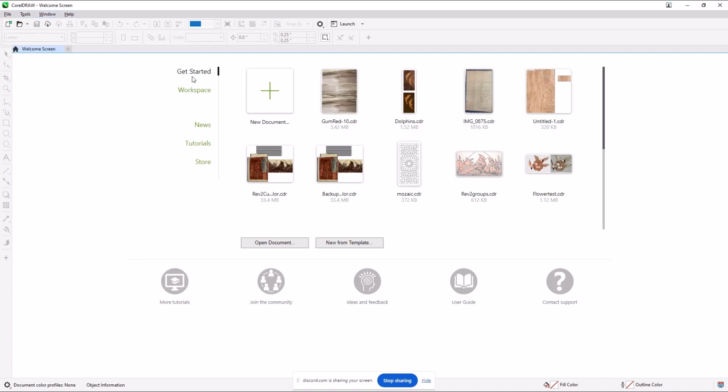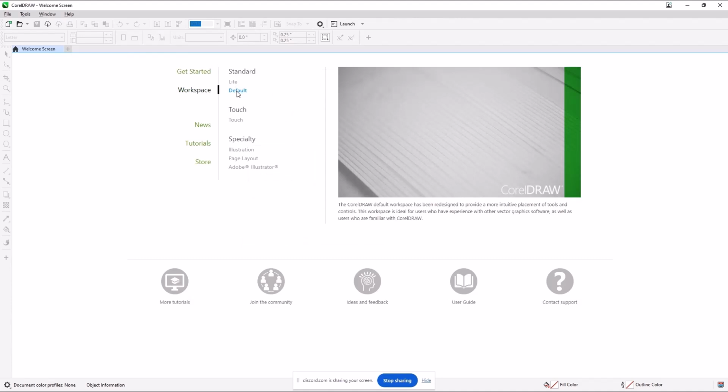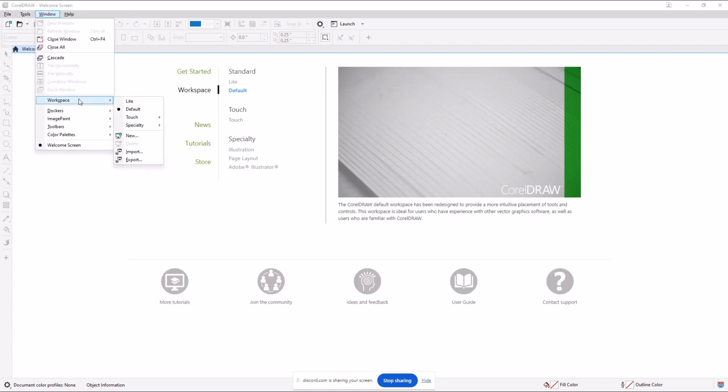Okay, so under workspace, it's telling me, oh, by the way, I have a default setup. Default is the menus you are looking at currently. If I were to go down and look at workspace under the window on the menu bar here, you get the same basic statement, is in default mode. There are other modes here, like the touchscreen one. None of the menus or none of the screen settings are the same, and you can spend a good long time poking around trying to figure out how to get back. Ultimately, if you just can't, then you have to start Corel Draw by holding down the F8, which forces it back into a default mode.